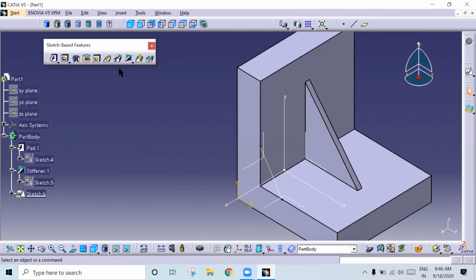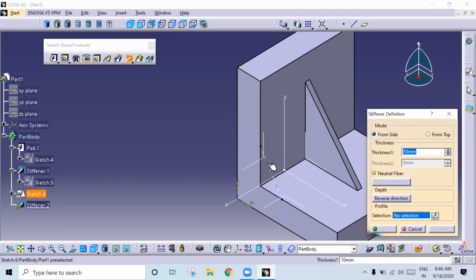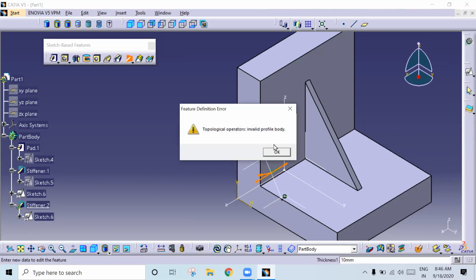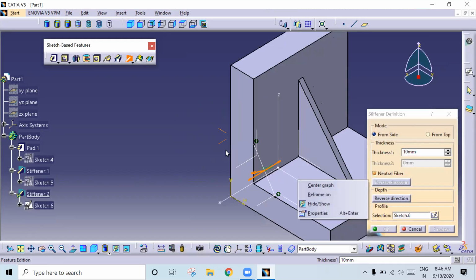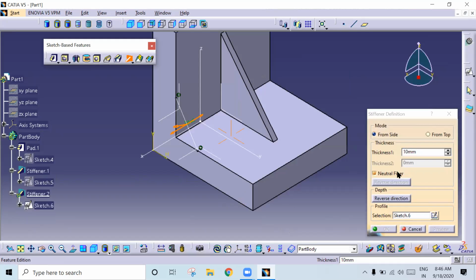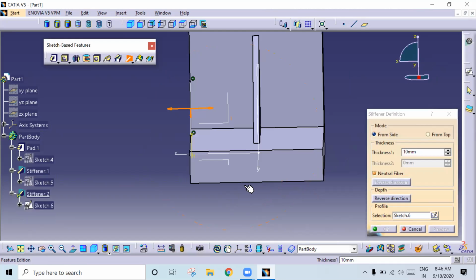Once you exit, you need to go to stiffener, select the profile. Once you select it, you will get an error like this. No problem, just give okay, because here you observe, it is having neutral fiber. Material should add in both directions if you select this neutral fiber. But here we don't have material, that's why it is showing error.